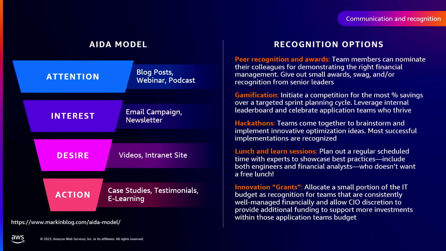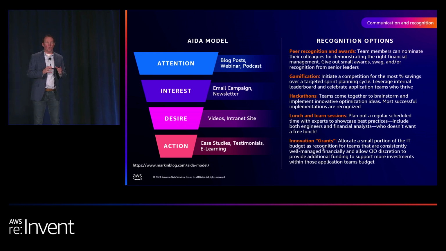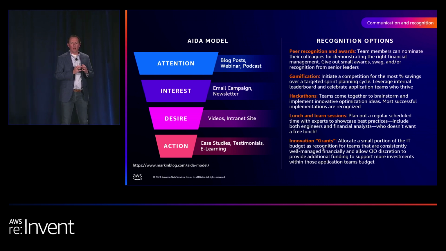And then lastly, I love the bottom one, which is from a customer I engage with, where they actually take a very small portion of their IT budget and give full discretion to the CIO or CTO to leverage that, not for swag or great lunches, which people love, but as a way for them to get more feature team capacity, more people. And developers want more developers. They want more capacity to support their business. So they ring-fenced a small portion as a % of their spend, and had that dedicated as a little bit of a carrot: if you drive a lot of efficiency, you'll be rewarded with more capacity within your team, which is a really powerful way to deliver on the mission of their organization.